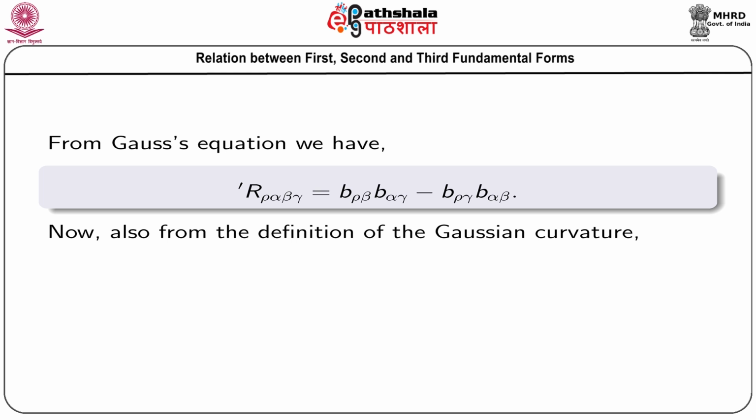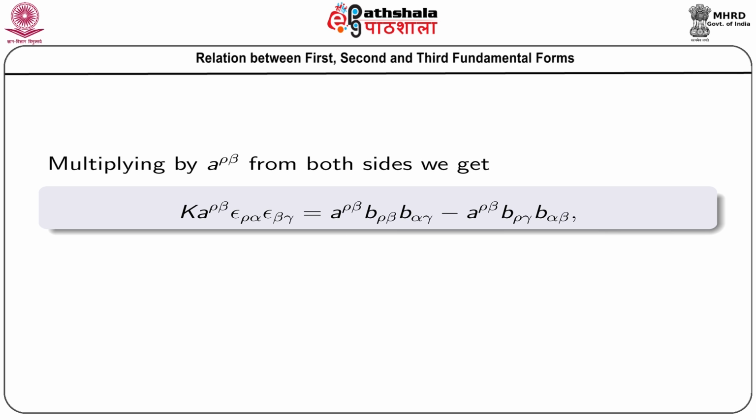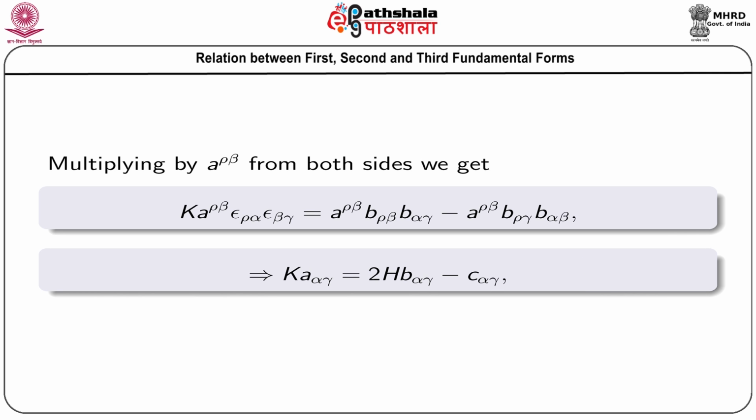Again, from the definition of the Gaussian curvature, we know r dash rho alpha beta gamma equals K epsilon rho alpha epsilon beta gamma, and equating these two equations we get K epsilon rho alpha epsilon beta gamma equals b rho beta b alpha gamma minus b rho gamma b alpha beta. Now, taking the inner product with the associate tensor a rho beta from both sides, we get this expression. After the calculation, the left hand side comes to K a alpha gamma